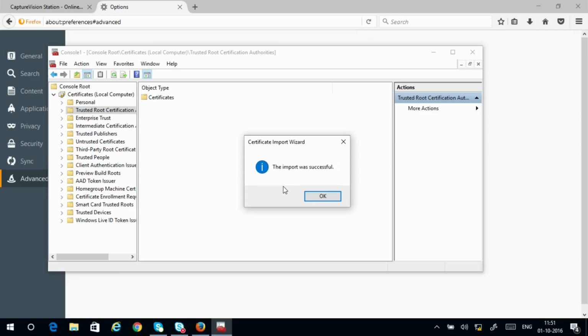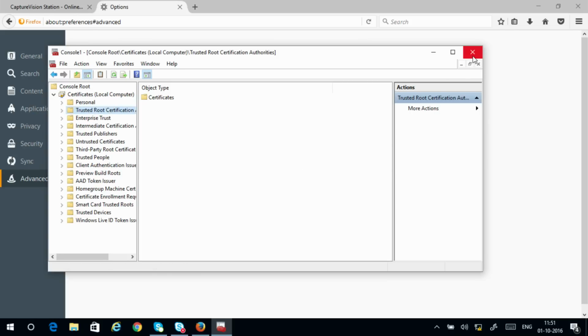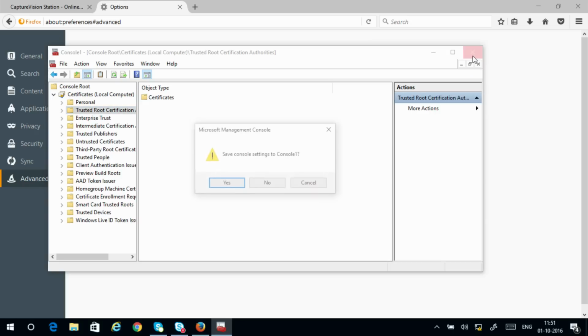You do not require to perform individual tasks, but just mind it, we are playing with the registry, so if you make any mistake you might be in big trouble. So if you are handy with the MMC console, you can follow these last steps. Otherwise, as per your choice or your preferred browser, you can import the certificate.